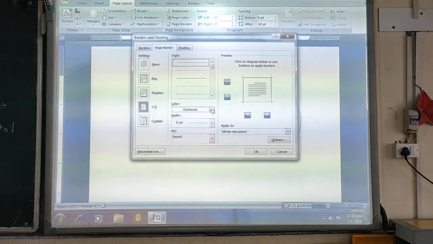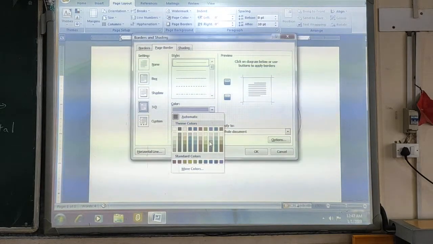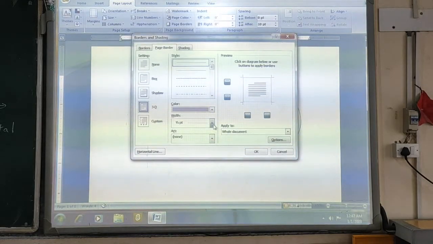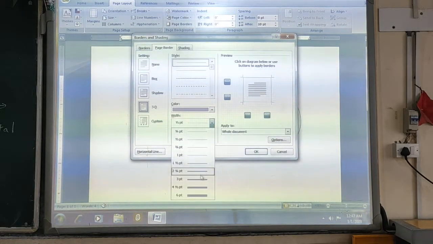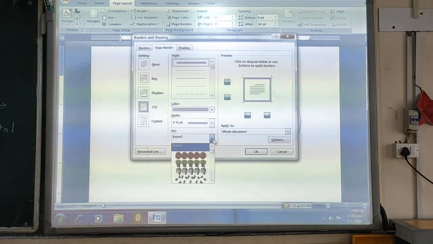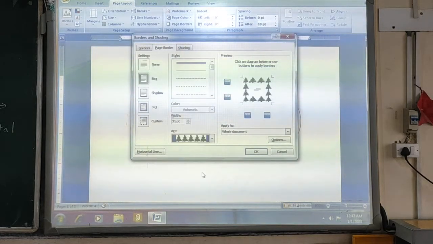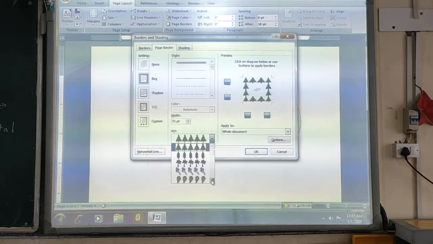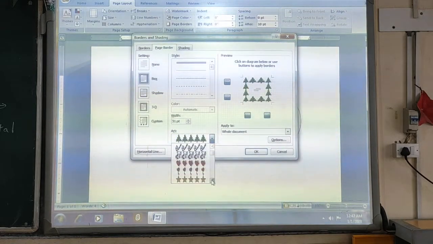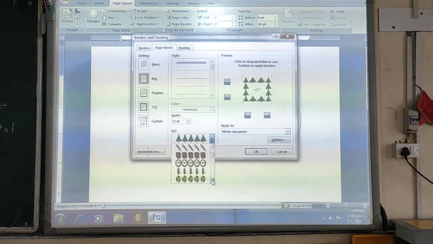Then there is a color option. You can select the color of the border from here. Then you can select the width of the border, and art. If you want any pictorial border, if you want small pictures or art to be used as a border, you can select from here.